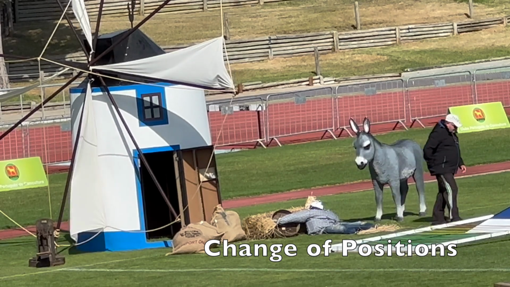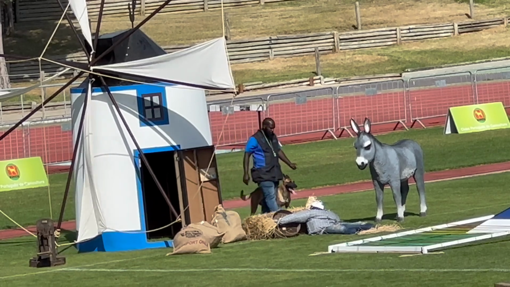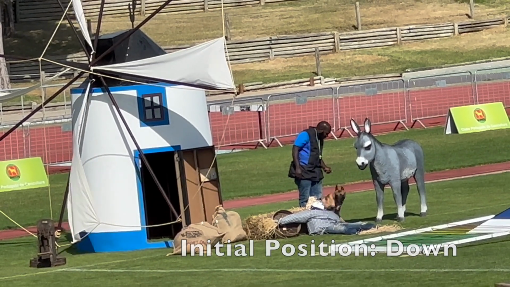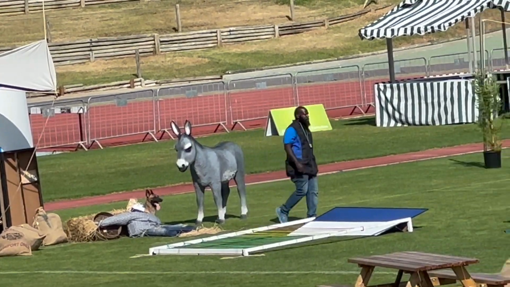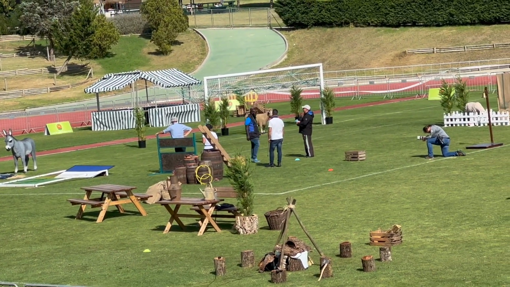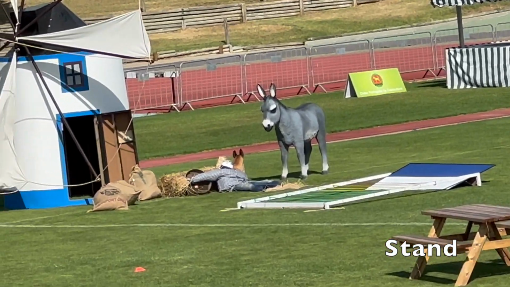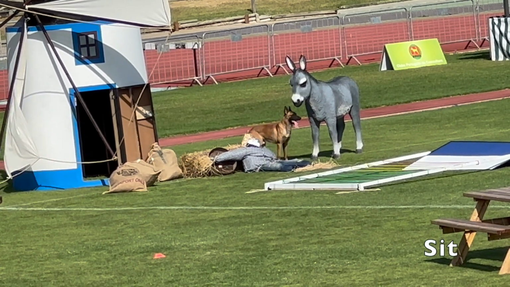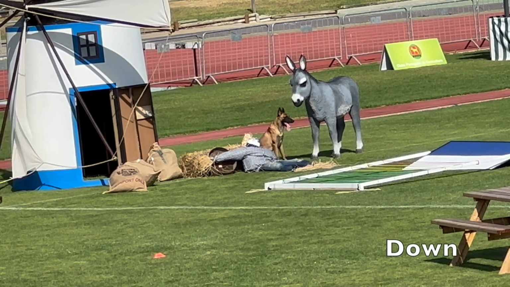Next exercise will be the change of positions. The initial position will be a down. The handler gives the command from 10 meters away in level 2. First position will be a stand, followed by a sit, then a down,